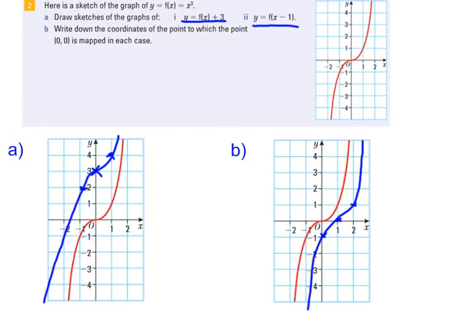Where's the coordinates of the point 0, 0 going to be mapped to? Here 0, 0